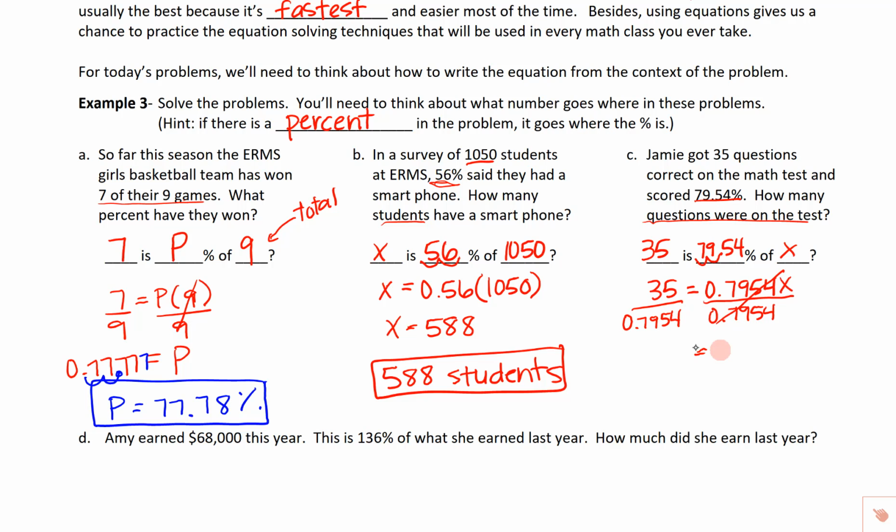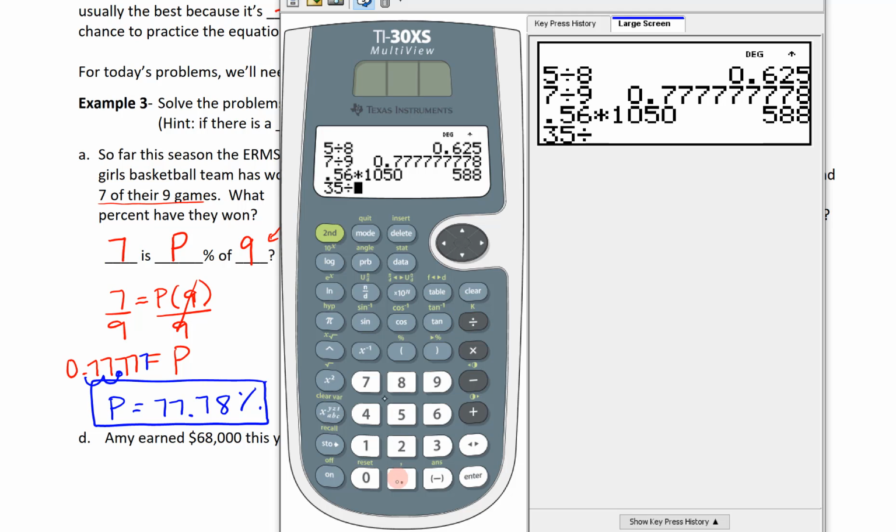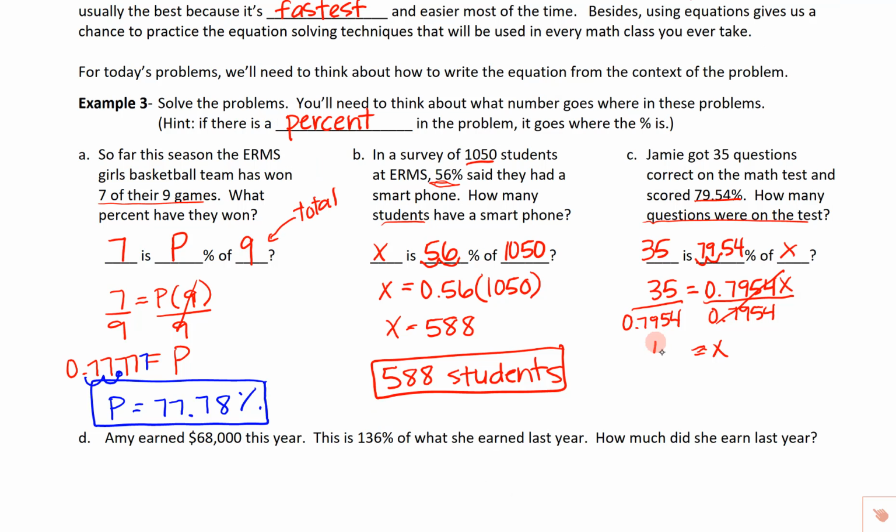And let's see how many questions were on the test. 35 divided by 0.7954. We get 44.00301. Well, that is such a small decimal, so we're going to say that there were